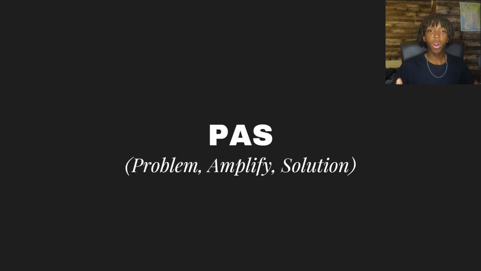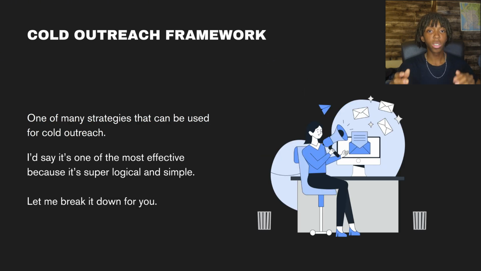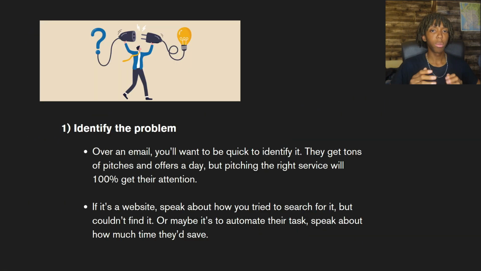In this video, I'm going to be going over PAS, also known as Problem Amplify Solution or Problem Agitate Solution. It is one of the best cold outreach email frameworks that you can use because it is logical and simple. Let me just break it down for you. Number one, you're going to want to identify the problem, and you're going to want to do it quick